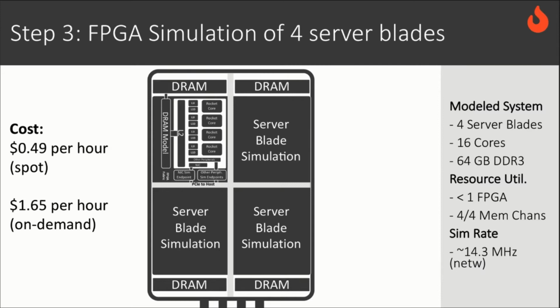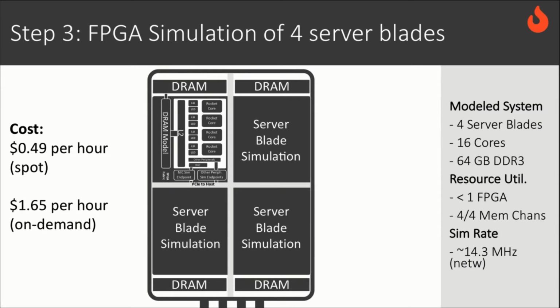And we can hook all of these up to a software switch model running on the Xeon attached to these FPGAs. And we can model a 4-node networked system running at 14.3 megahertz. So these things can boot Linux, communicate with one another, etc. So when you run this on Amazon, this simulation costs about 49 cents per hour to run. So there are instances that look like this, where there's just one FPGA attached to Xeon, and that's the price